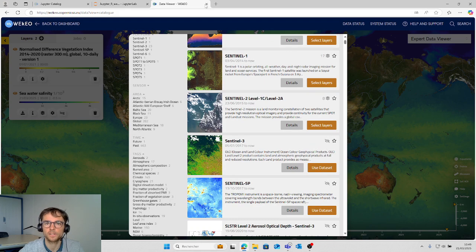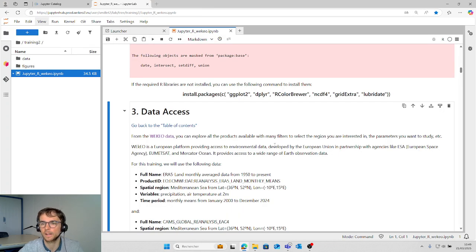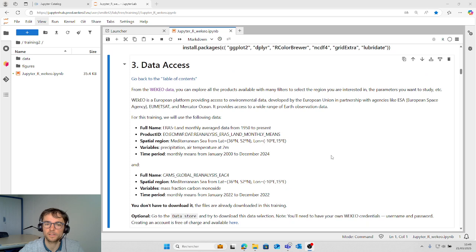But for this training, all the data are already downloaded, and they are in this data folder. WEkEO is a European platform providing access to environmental data, developed by the European Union and some partners like ESA, EUMETSAT, Mercator.